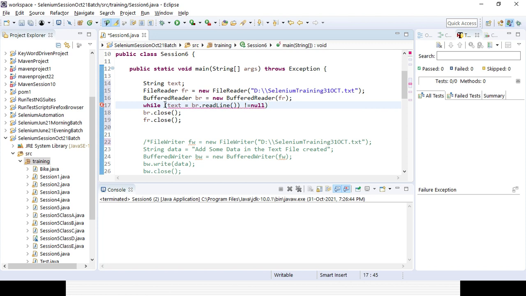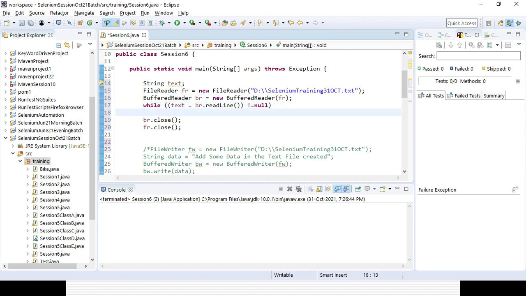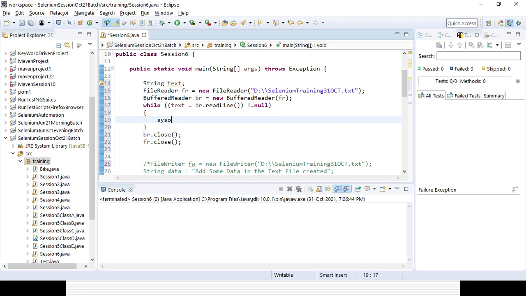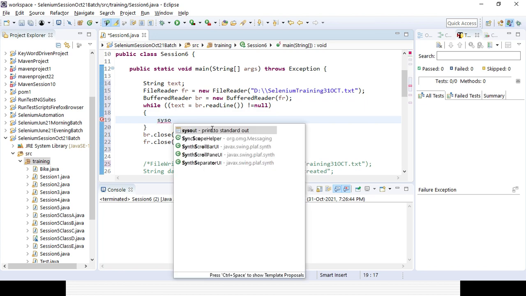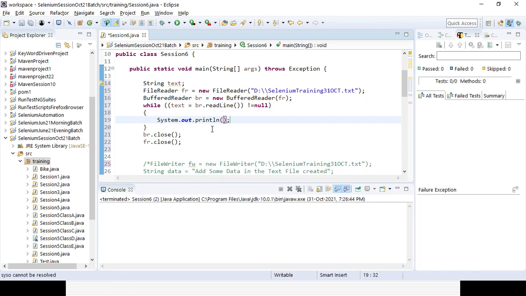That is the while loop syntax. It will print out the text in the console. So, that is the simple lines you need to write. I am declaring some variable, that text, and defining the data type as String. Then first I want to read it, so with the help of readLine it will be read line by line. In case it is not null, then it will print it. In case it is null, there is no point, because nothing will be there, so it will not print it. Then I am closing the buffer reader, and then I am closing the file reader.